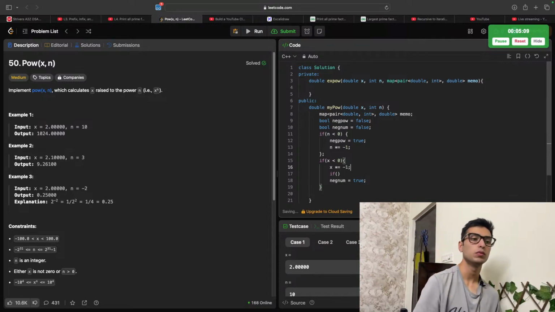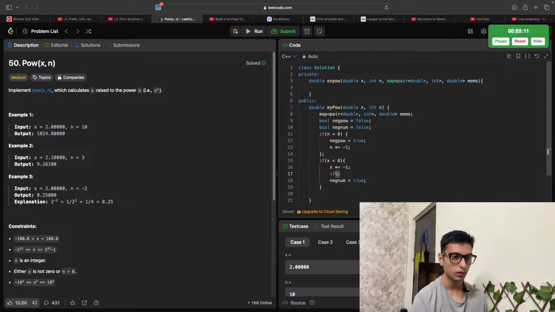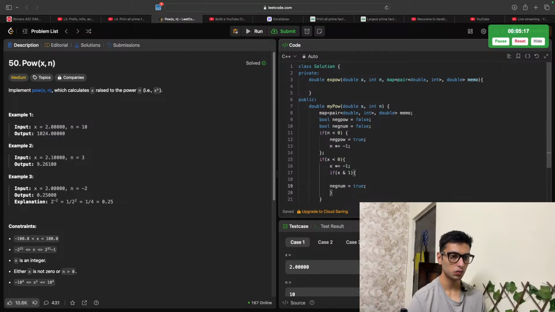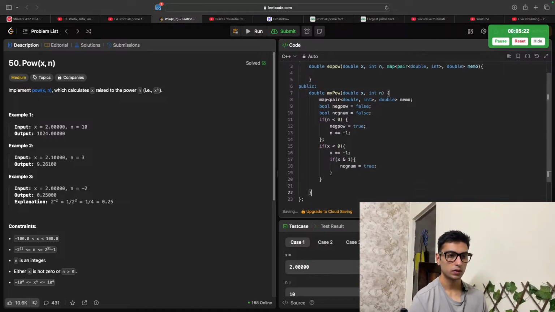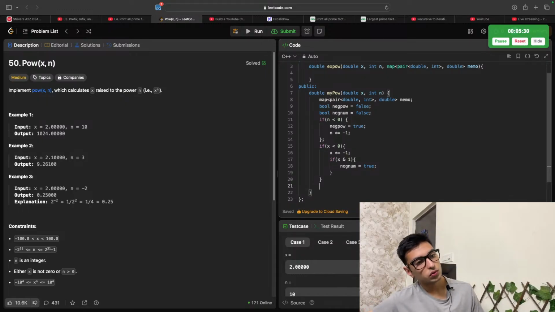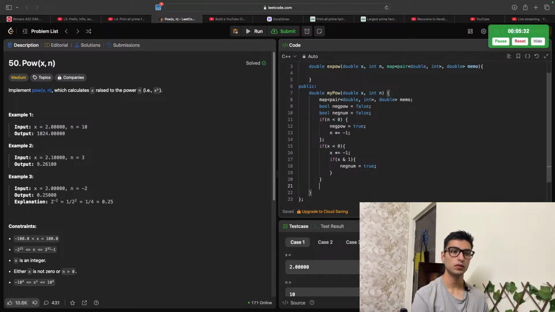We convert this into positive, and then if x and 1, then neg num is true. Right, we're done with that. Now n is less than 0, neg power equal to true, x is less than 0, neg num equal to true. Right, now we're gonna pass it in the function